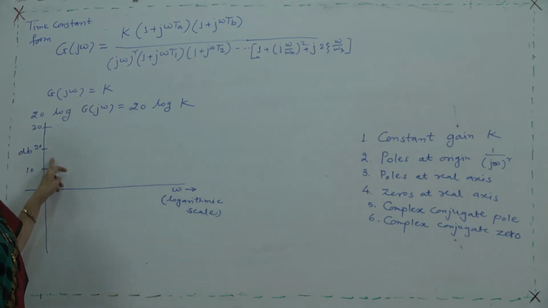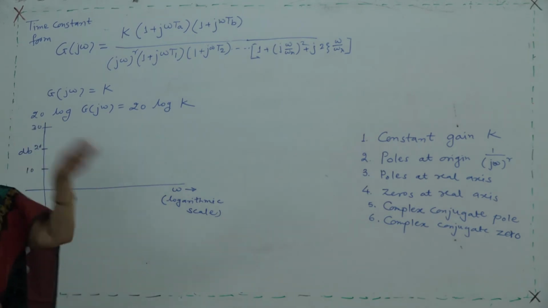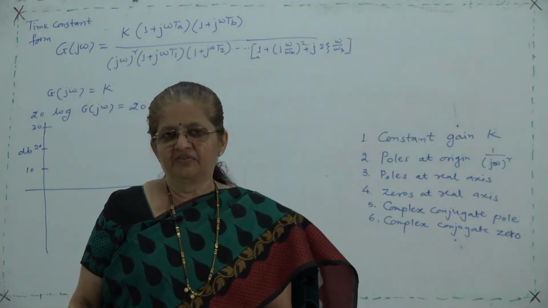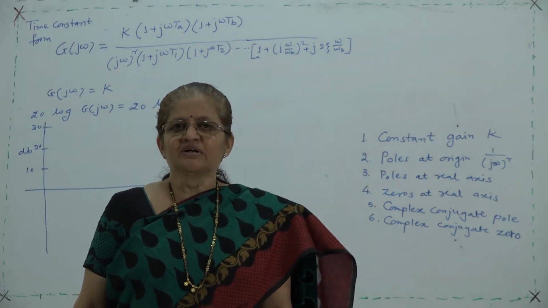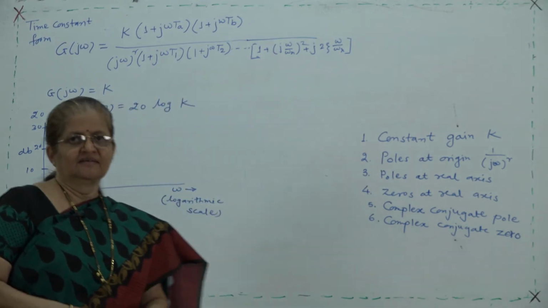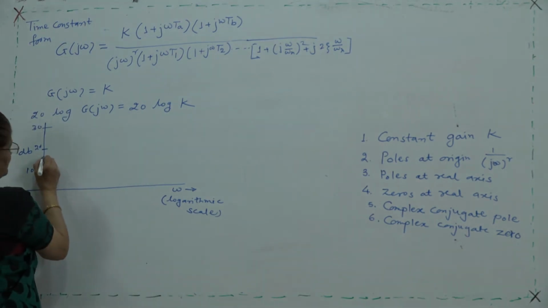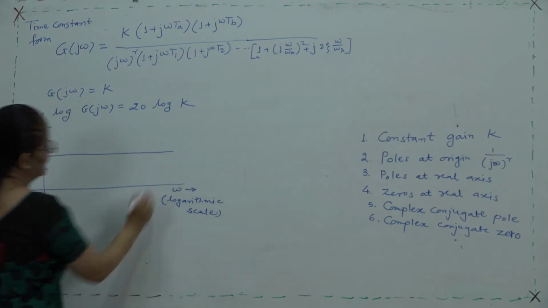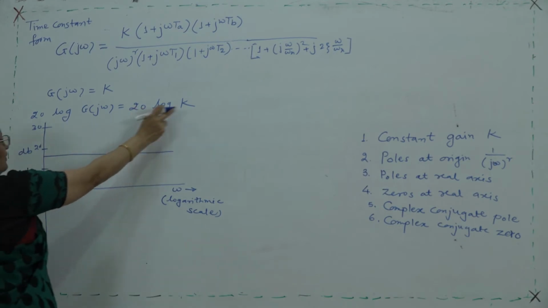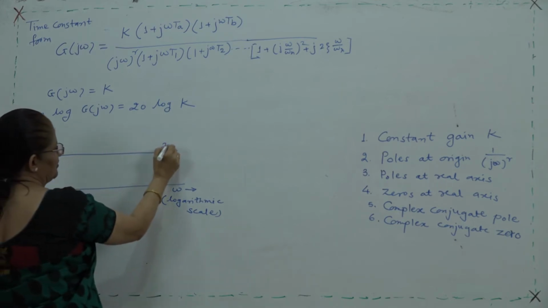So, what we will get here is 20 log of k, where k is constant. What is the meaning of that? Log of k is constant, multiplied by 20. So, it is a constant, it is not dependent upon omega. So, how will you draw that plot? Whatever may be the value, just arbitrarily I am drawing, you will get a straight line which has the value 20 log of k. So, whatever is in dB, that line we are drawing here.